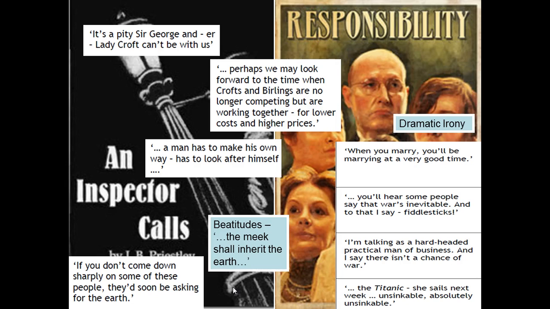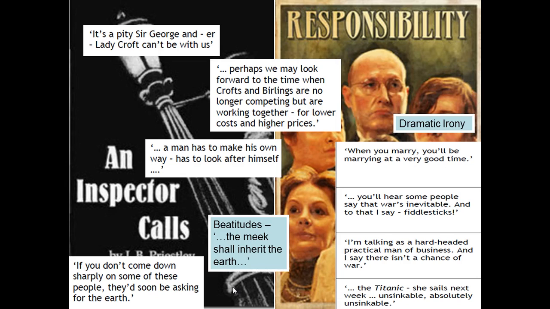Now, when you start to look at what Burling says and you compare it to what the inspector says and what Priestley wants, you will start to see an opposite. That last quotation is a right-wing, conservative idea. You make your money, you keep it. End of. Okay? The next two bits have a little sort of addendum to them, because you'll start to discuss